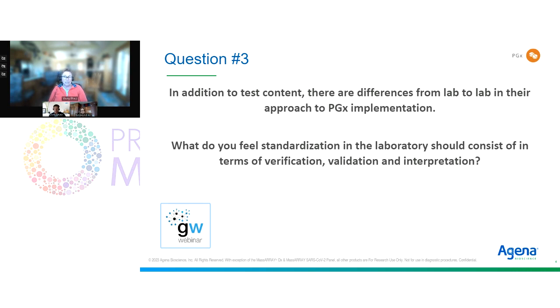So there are some reference materials to start with for validation and verification. There are guidelines from the College of American Pathologists that suggest there has to be a minimum of 20 samples. The American College of Medical Genetics and Genomics recommendations for pharmacogenetics actually recommended that if you're especially doing